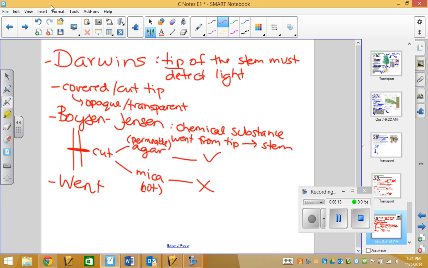Now, Went, his contribution was that he isolated the substance, and that's how we now know it is auxin. His experiment was not super thrilling. He found a substance and figured out what its structure was. So really for Went, it's his contribution that we